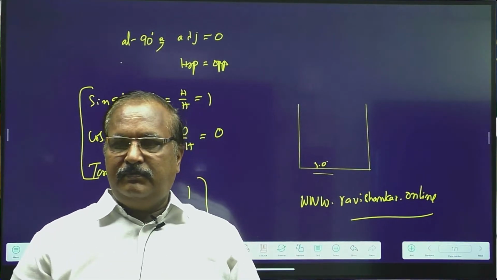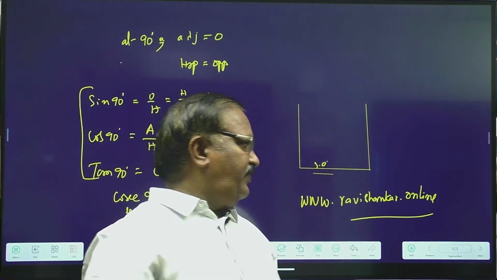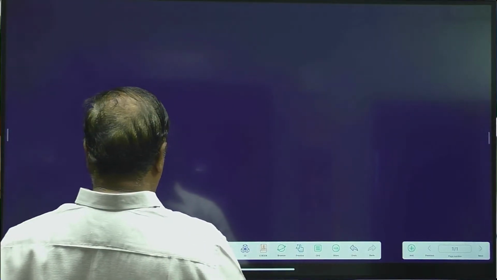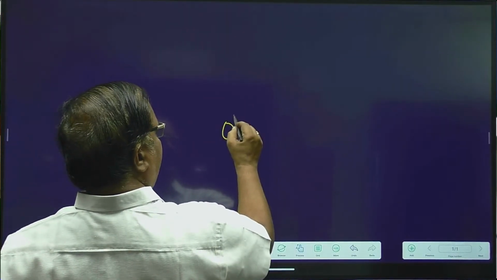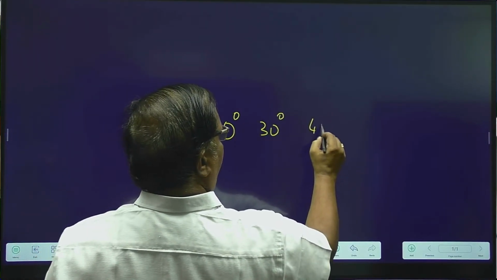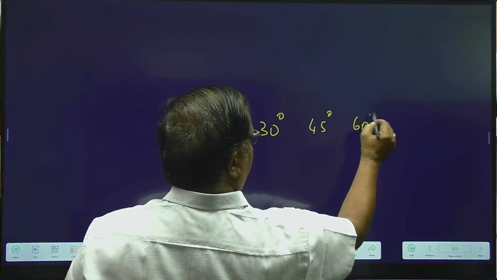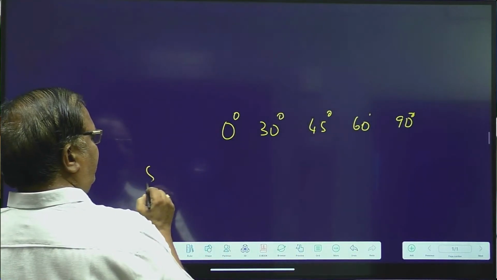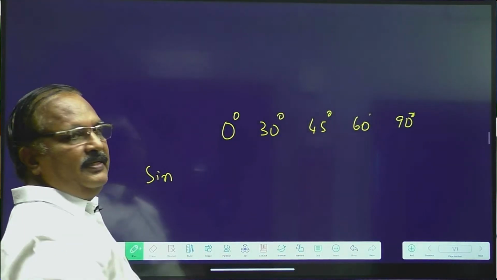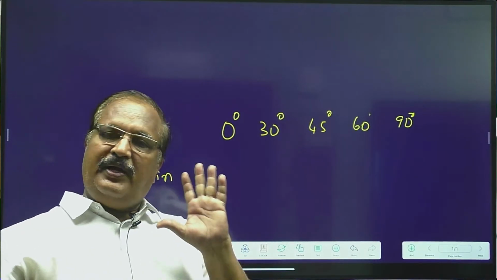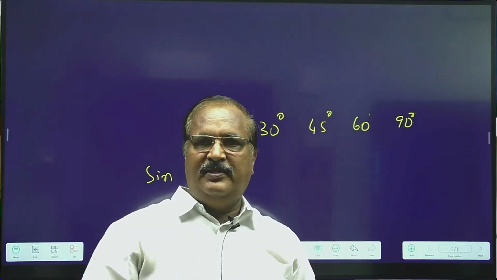So these are the specific angles. Total how many angles have we learned? 0 degrees, 30 degrees, 45 degrees, 60 degrees and 90 degrees. Only these are the specific angles, the T ratios of only these angles. So sine of all these angles, cos of all these angles, you have to remember and memorize, because